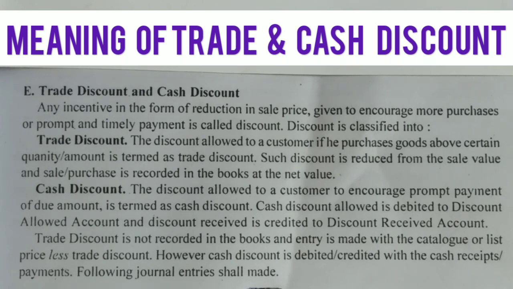value. So say for example, if you are a wholesaler and you are buying goods from the manufacturer, suppose you purchase the goods of 50,000 rupees and the manufacturer gave you 10% discount. So 10% of 50,000 rupees, that is 5,000, you have to pay less. That means you will pay only 45,000. 50,000 minus 5,000 discount. So 45,000 is the net value. So the transaction will be recorded at net value. So you must have understood trade discount.